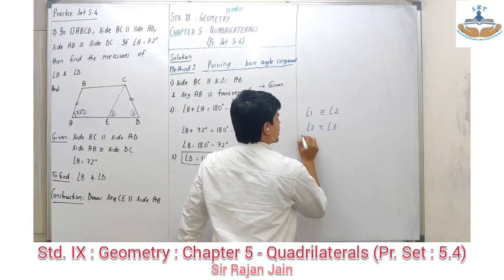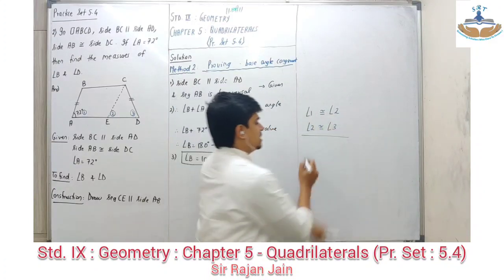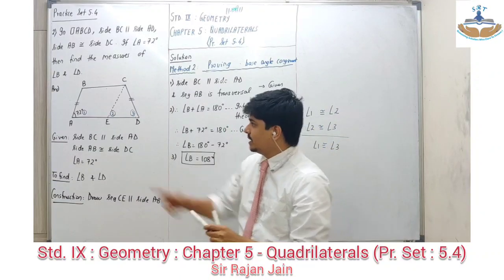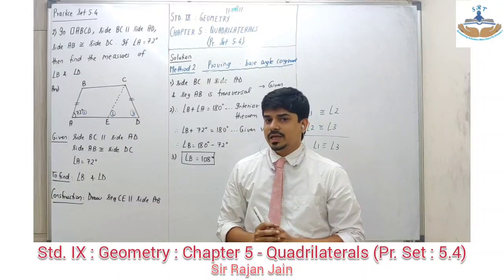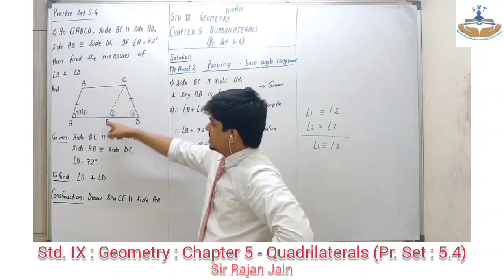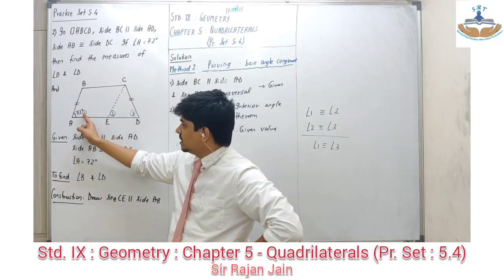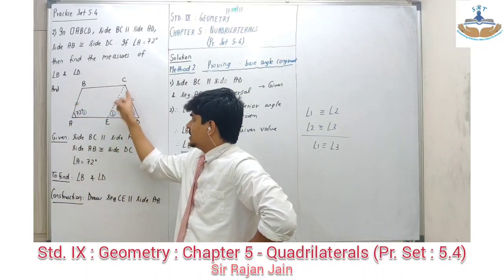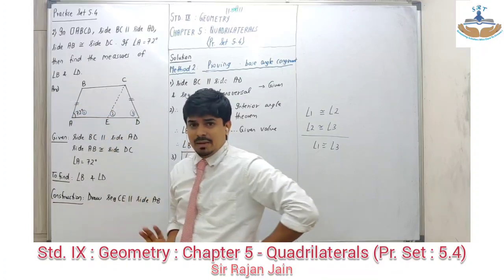Now what will be the conclusion of this? 1 is congruent to 2, 2 is congruent to 3, so 1 and 3 you can say that they are congruent, and this is what was required, that my base angles should be congruent. Let me tell you again what I did. Construction CE parallel to AB. So by corresponding angle theorem, angle 1 congruent to angle 2. Now you prove that this quadrilateral is a parallelogram by mentioning that both the opposite pairs are parallel.